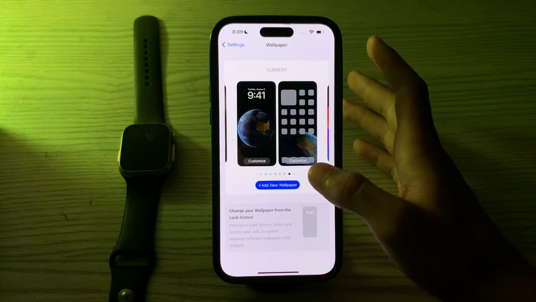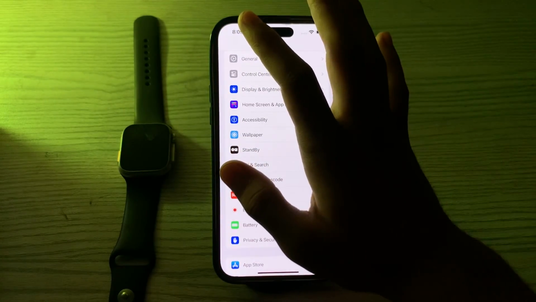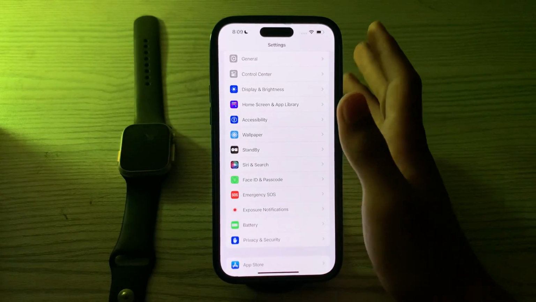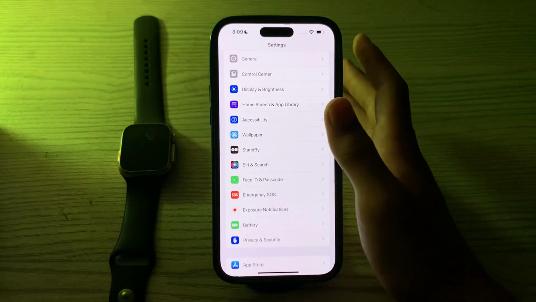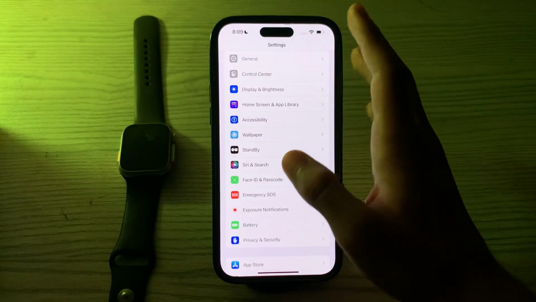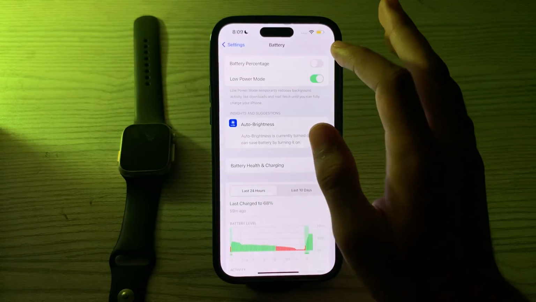If it still doesn't work, then you have to check for low power mode. Low power mode can affect certain features, including wallpapers. If low power mode is enabled, your wallpaper might be simplified to save battery life. Disable low power mode by going to your settings, going to battery, and if it's toggled on, then simply turn